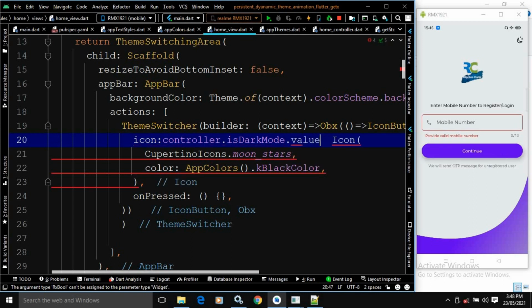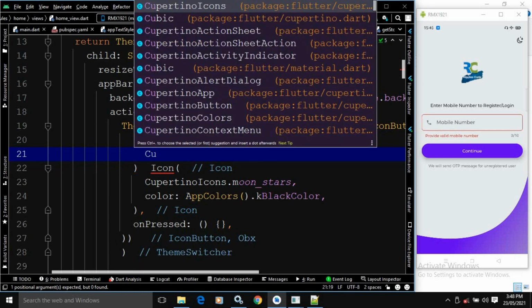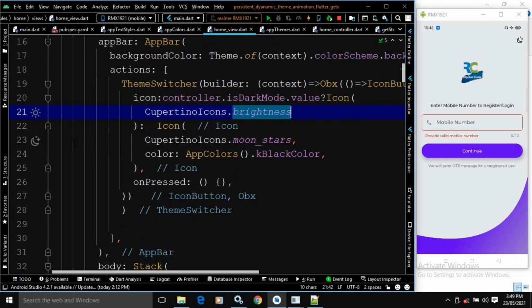If its value is true, then as an icon I will display Icons dot brightness, and if it is false, it will display this moon star. So if the value of isDarkMode is true, it will display this brightness icon, otherwise it will display this moon star icon.